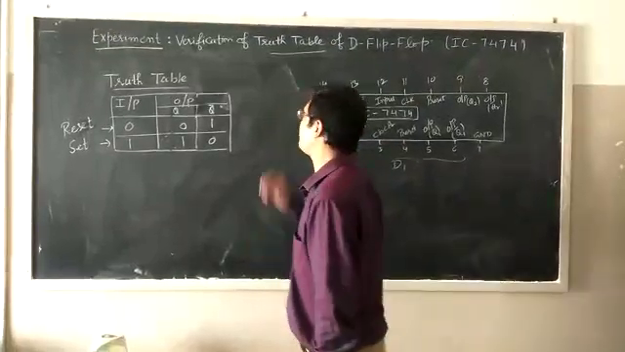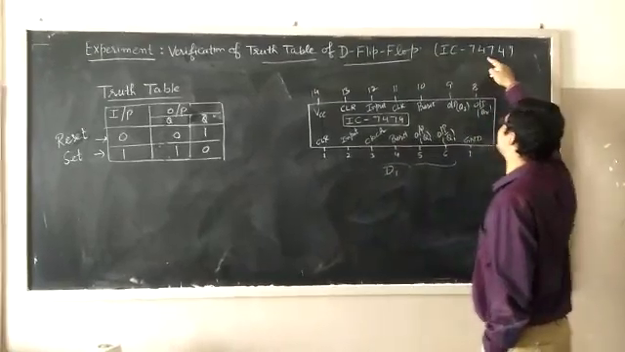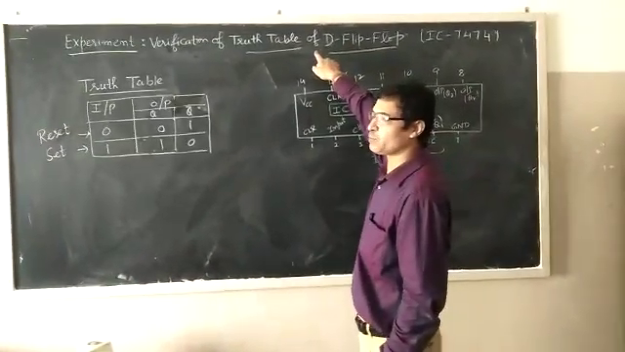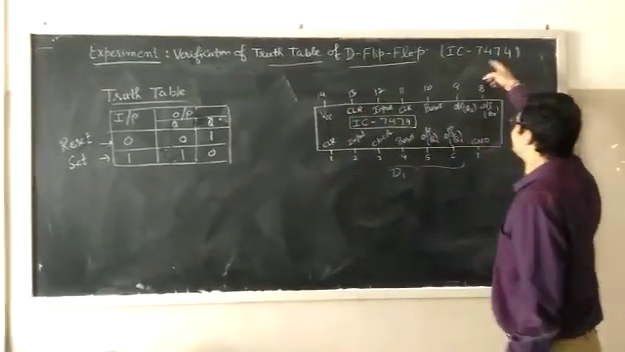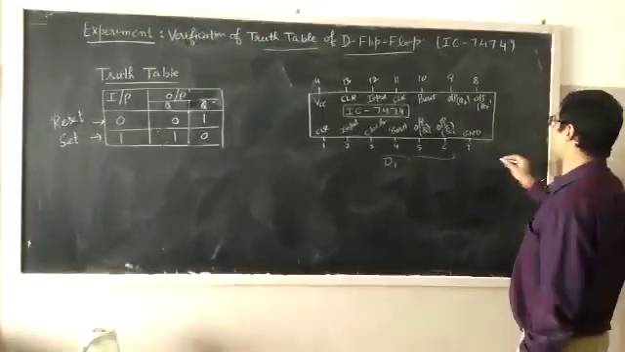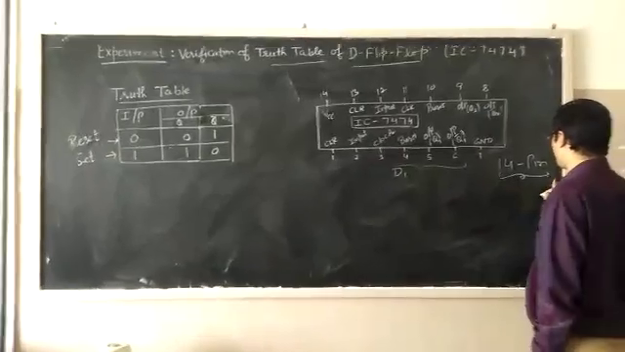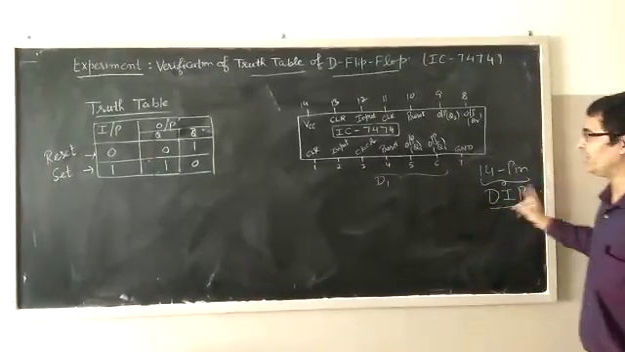Learn the experiment: verification of the truth table of D flip-flop using IC 7474. D, as I have already explained, may be data or delay. So IC 7474 is a 14 pin IC, and since the beginning I am telling you that this is a DIP package, dual in-line package,